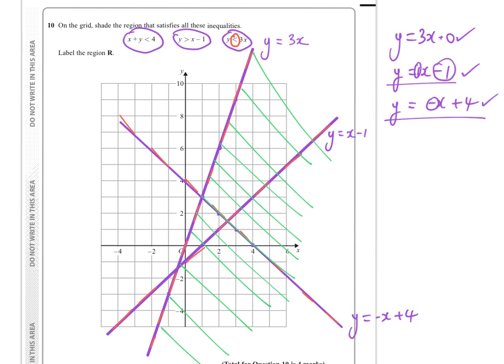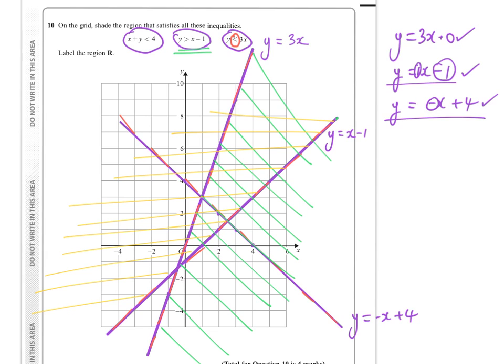And then we want to look at, say, this one, and that is greater than, so everything more than the line x minus 1. Well, there's the line x minus 1. We want everything more than this, so I'll change the shading here to yellow, and we want everything more than this, so there we go. You can probably see already it's going to be this region here, but if you can't, then the last one